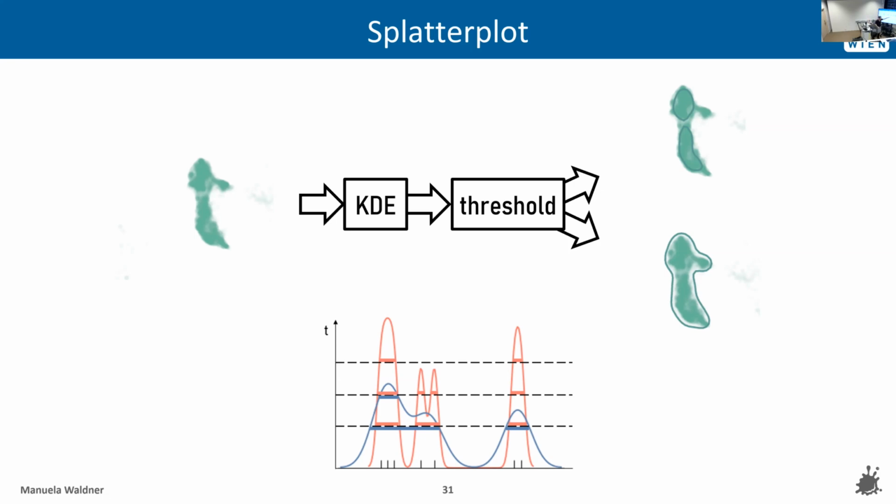The one is the threshold I've already mentioned. So I have this density. You can imagine this is a subsection through my 2D space. So I have these densities here. It's a continuous approximation of the probability density function that we see here. And I kind of cut it here. But the other parameter that I can influence is the bandwidth, so how broad my Gaussian is that I fit on top of every point in screen space. And with that, I can control how broad my